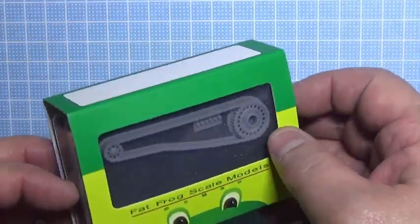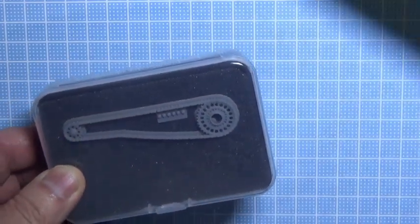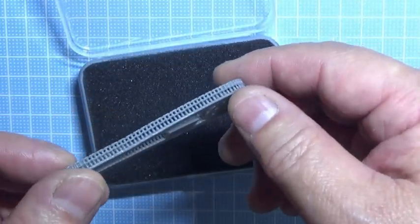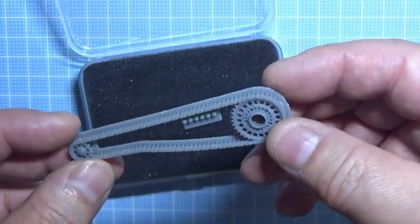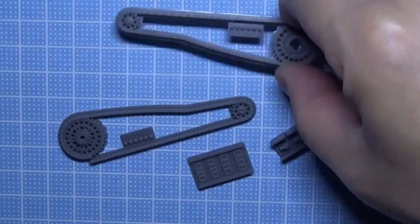This time let's look at some new products. Here is a sample of the product. You can see the details are very amazing. Here I have a few different items, and